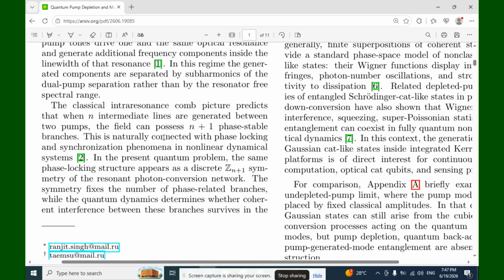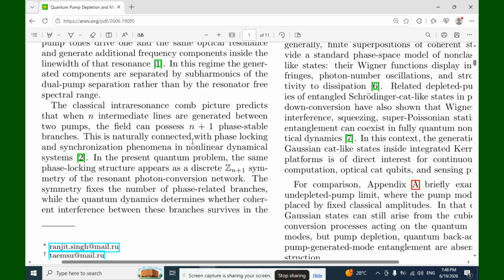This is naturally connected with phase locking and synchronization phenomena in nonlinear dynamical systems. In the present quantum problem, the same phase locking structure appears as a discrete Z_{n+1} symmetry of the resonant photon conversion network. The symmetry fixes the number of phase-related branches, while the quantum dynamics determines whether coherent interference